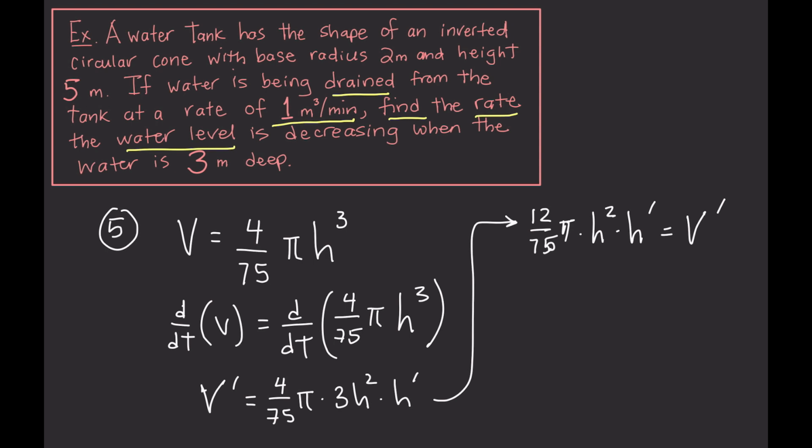So I can either solve for H prime at this point, or I can substitute the numbers that I know. I'm just going to substitute the numbers I know. So I have 12 over 75 times pi, and we're interested in the rate of change when the water is 3 meters deep. So I'm going to replace this with a 3. And H prime is the quantity I'm searching for, and V prime is -1. So in this case, I have